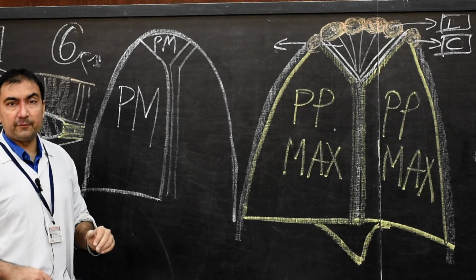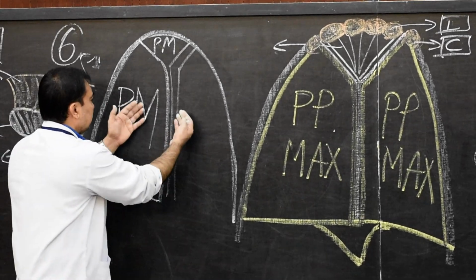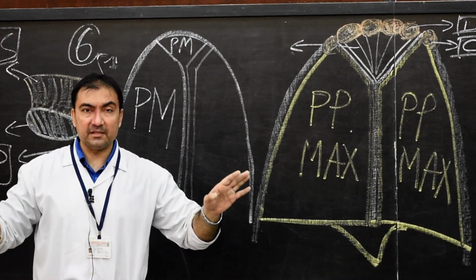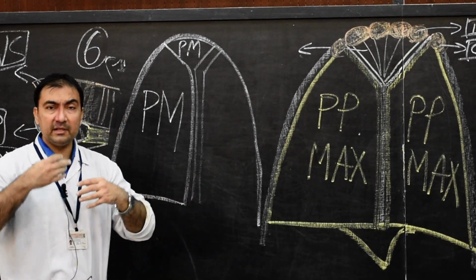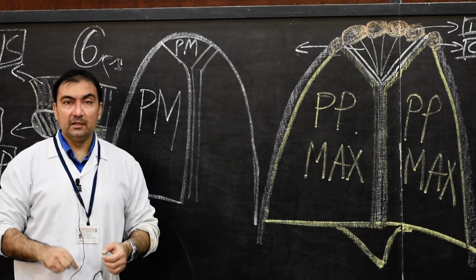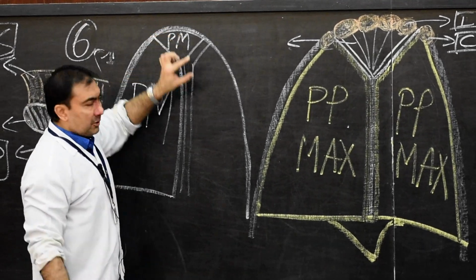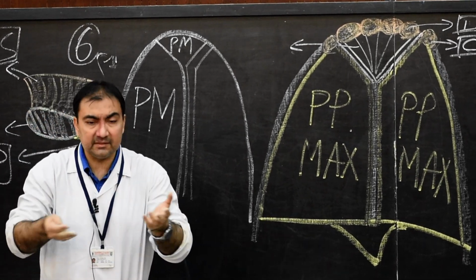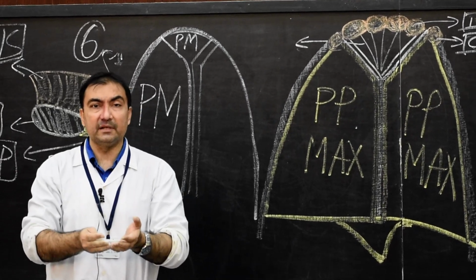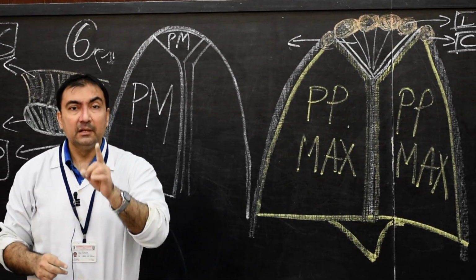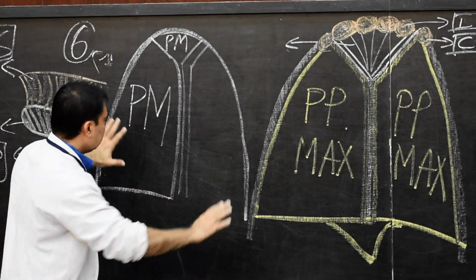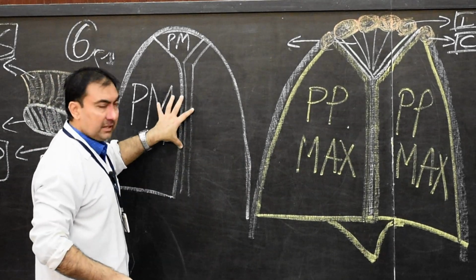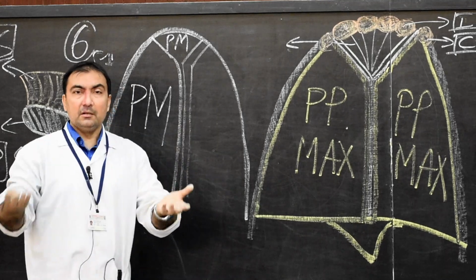In case of bilateral cleft palate, what will happen is the two palatine processes of maxilla will not at all develop or they will not fuse with each other. So the entire oral cavity and nasal cavity will communicate with each other. Only a small portion of the primitive palate will remain, and therefore the nasal septum will be hanging in the oral cavity. That means there will be direct communication between nasal cavity and oral cavity, and that case is called bilateral cleft palate. Bilaterally these two palatine processes of maxilla have not fused with each other. There will be space here communicating the nasal cavity above with the oral cavity below.